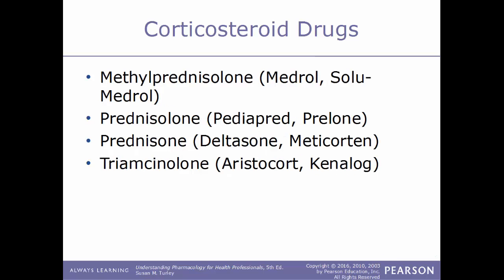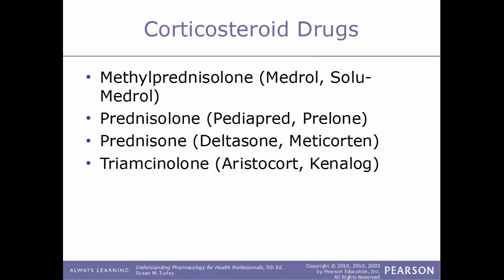Some other examples of corticosteroids: methylprednisolone, also known by the trade names Medrol or Solu-Medrol; prednisolone, also known by the names Prelone or Pediapred; prednisone, known by the names Deltasone or Meticorten; and also triamcinolone, also known by the names